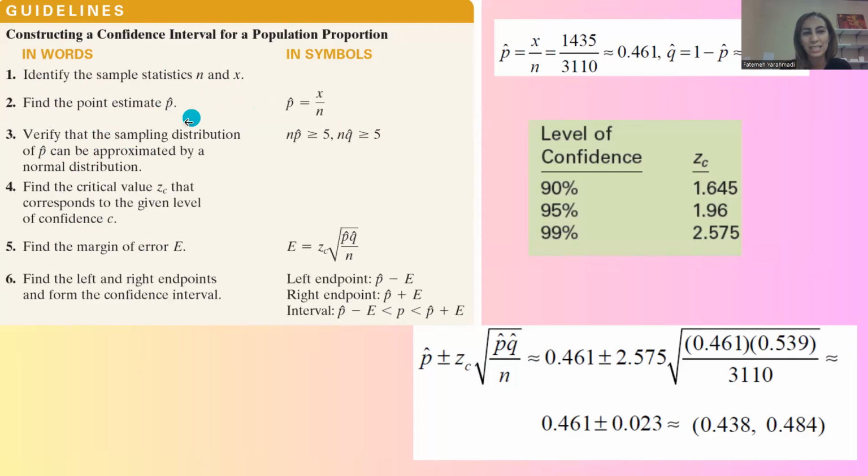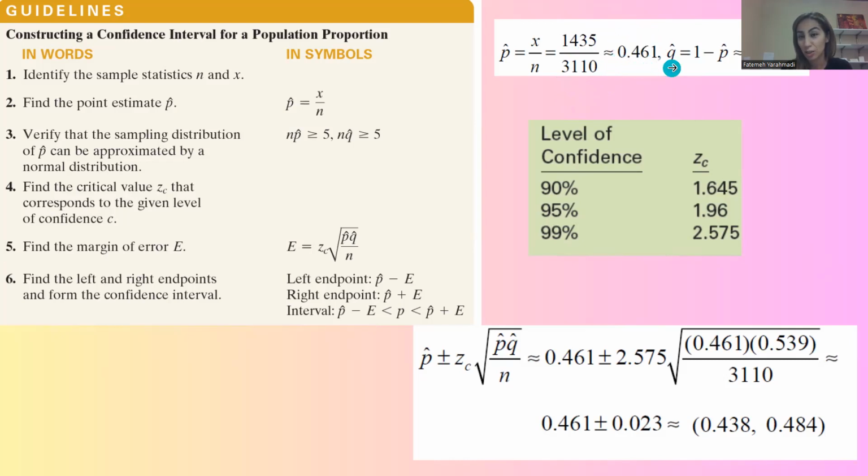Find the point estimate for population proportion, which is P hat. P hat is equal to X divided by N. X, the number of successes, goes on the numerator, and sample size goes on the denominator. 1,435 divided by 3,110. If you do the division, you get the approximation of